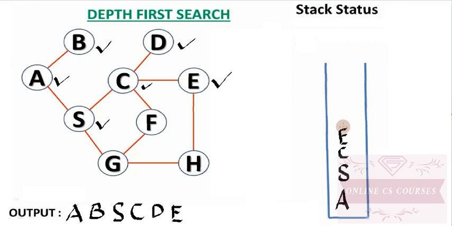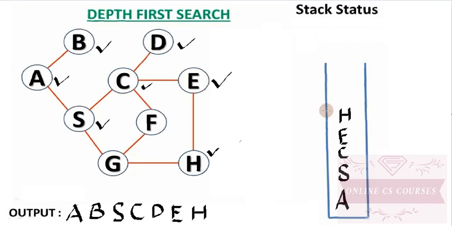Now on the top of the stack we have E. अब हमने चेक करना है कि E के साथ जो है adjacent unvisited vertices कौन कौन से हैं. अब ये vertex भी adjacent है but it is visited. So the unvisited adjacent vertex with E is H. So we mark it as visited. We will write it here and push to the stack.